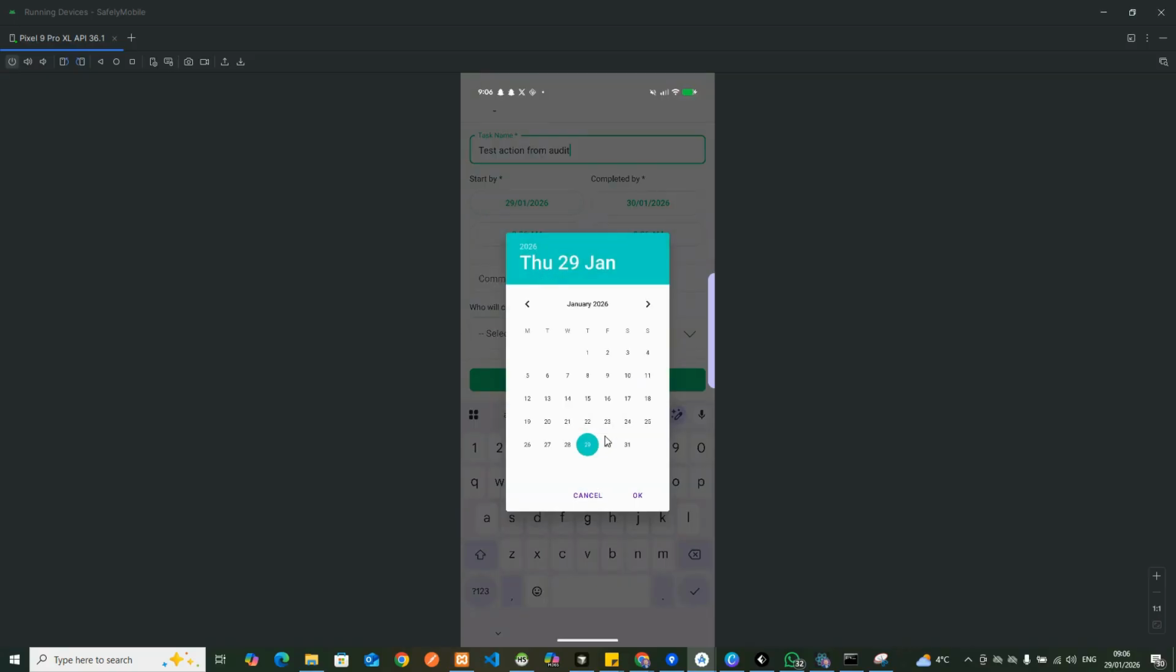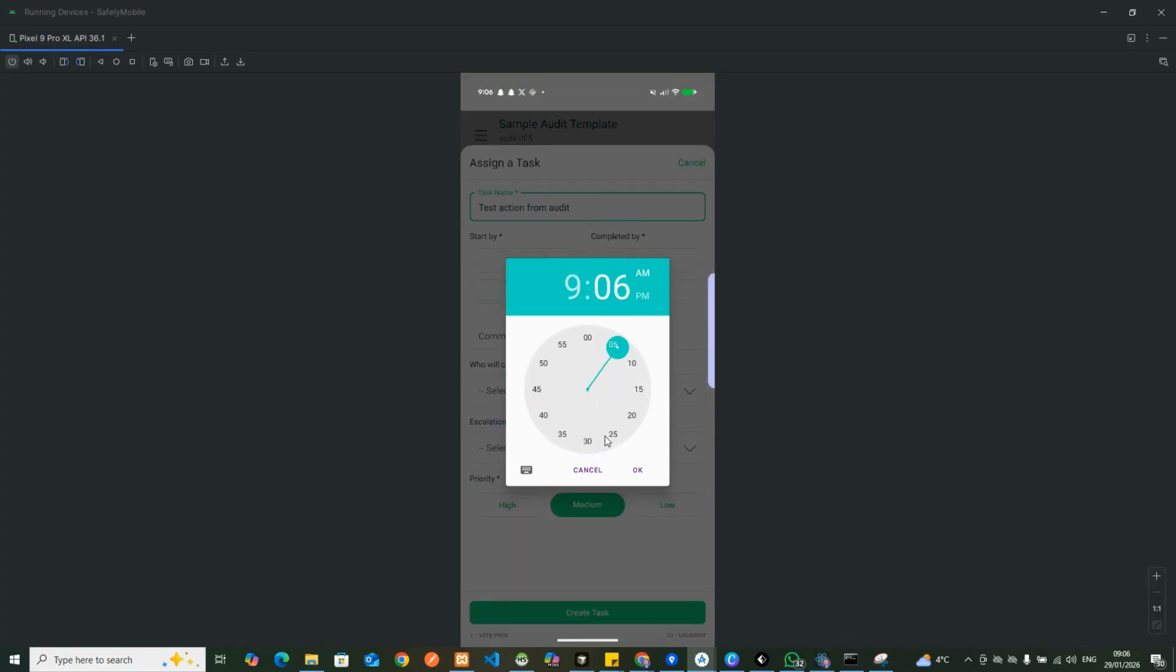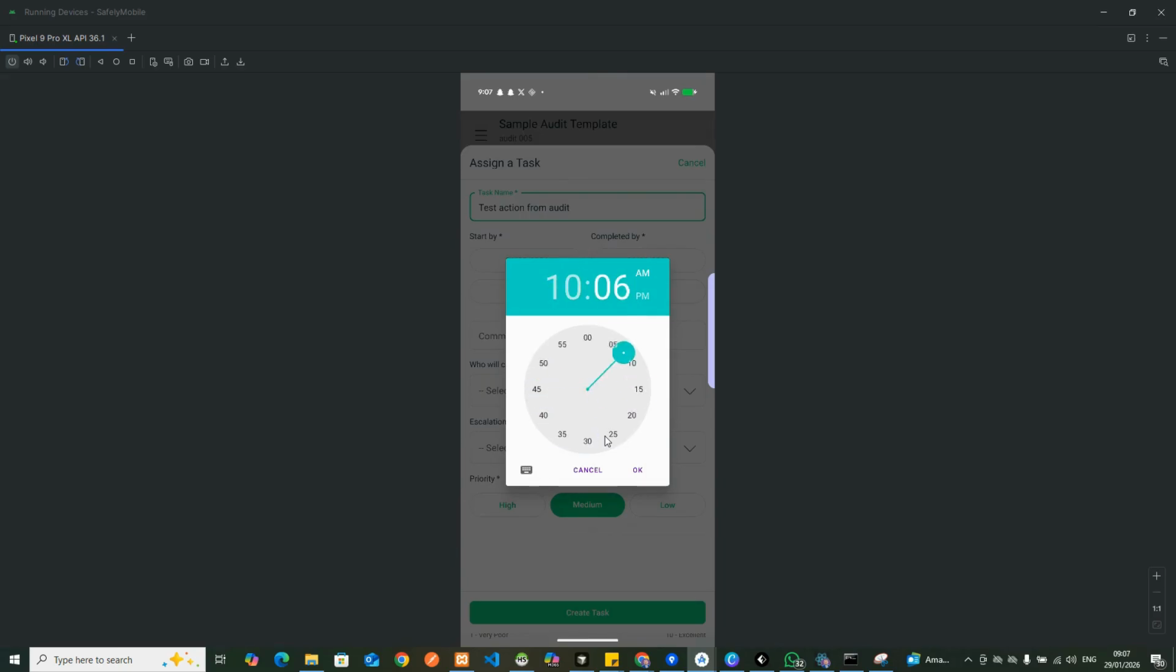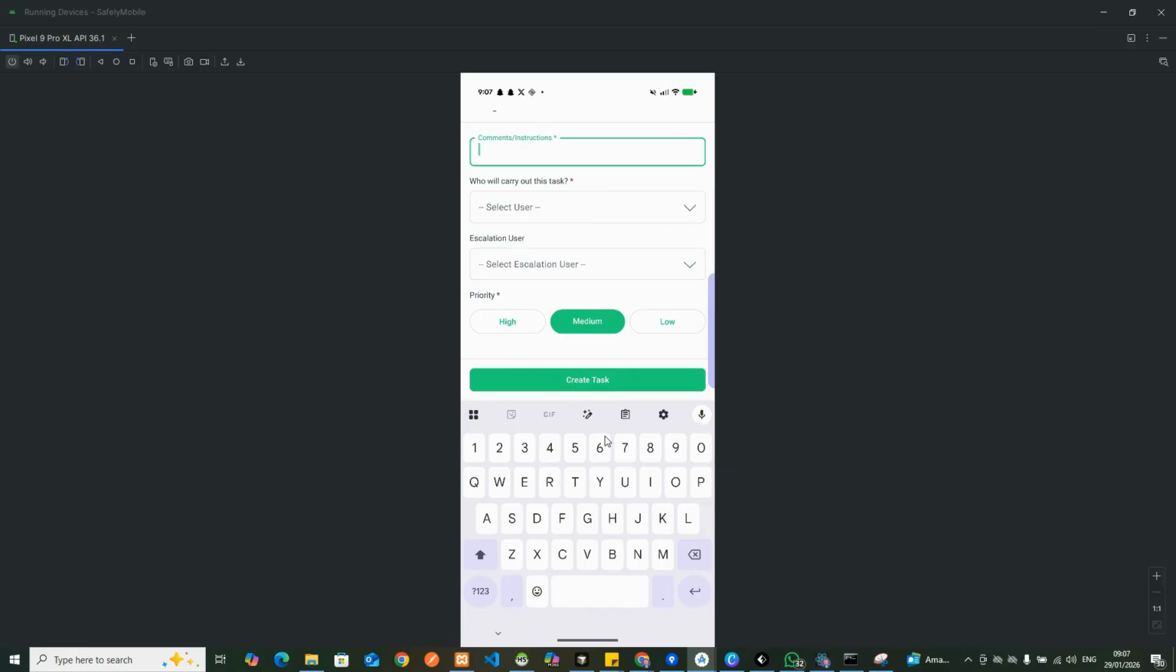They can give it a date. So bear in mind this was due to be taken on the 4th of Feb, so we'll do it right in the future. We'll say for the 6th of Feb for 9 a.m. and we'll do again end date 6th of Feb for 10 a.m. Comments and instructions exactly the same as how we just did for the task creation. This could be used to give any form of information that's required. Please fix